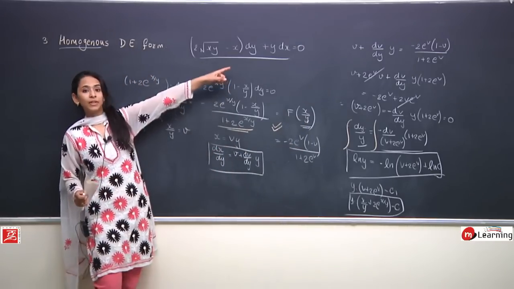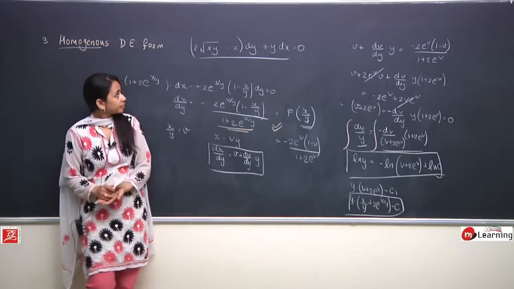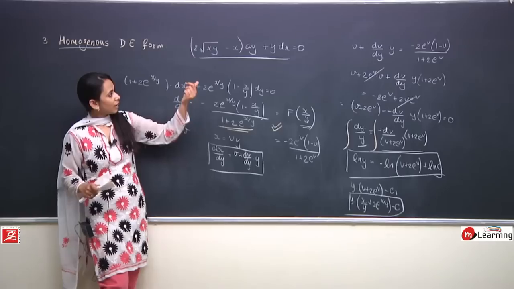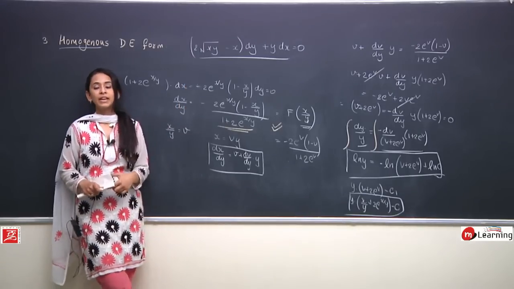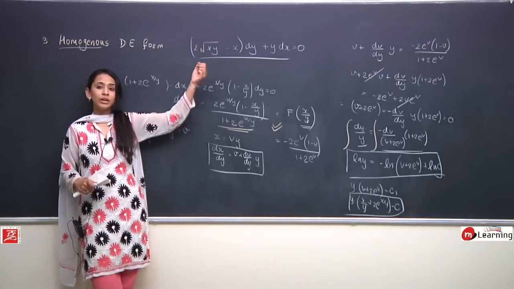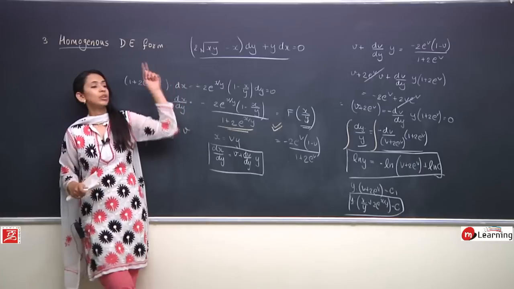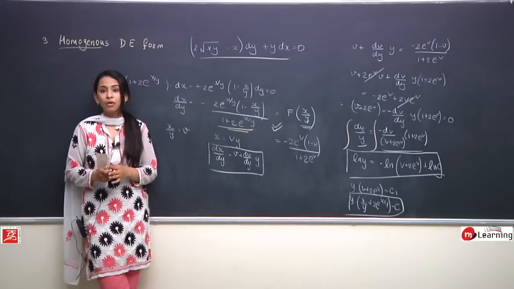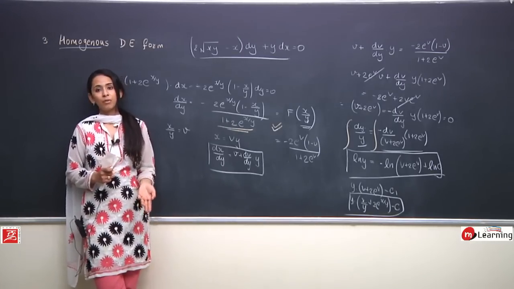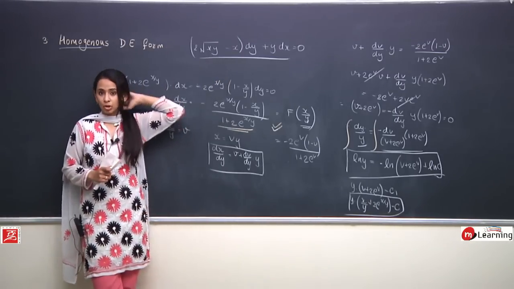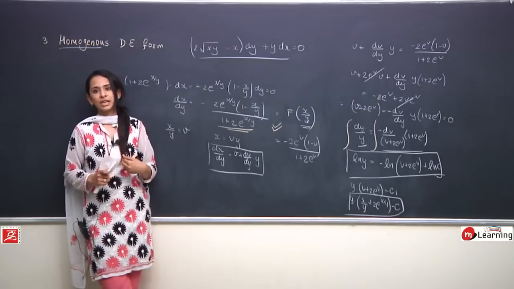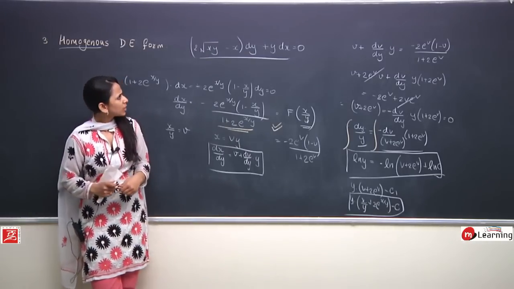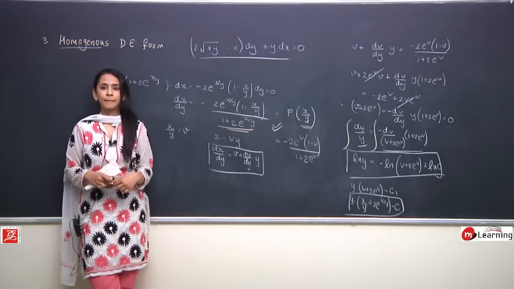चेक कर लीजिए, is this a differential equation in homogeneous form? उसके लिए हमें क्या करना है? We have to reduce this equation in the form of y by x. So write down dx by dy and tell me is this a homogeneous differential equation or not? अगर homogeneous differential equation है so you can use this form, otherwise you'll have to go back to the previous forms, either variable separable form or reducible to variable separable form. तो चेक कीजिए, is this a homogeneous differential equation or not? सॉल्व करके बताइए मुझे. बहुत आसान है, जल्दी से चेक कीजिए.